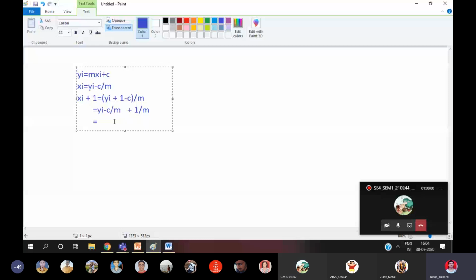So this particular term is nothing but xi, plus 1 divided by m. So what is the value of the x increment?